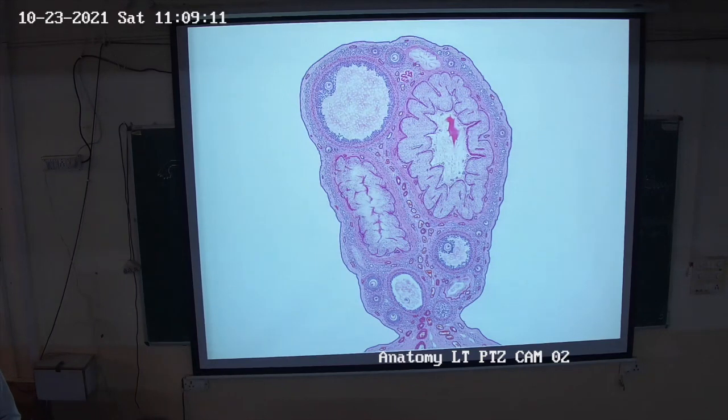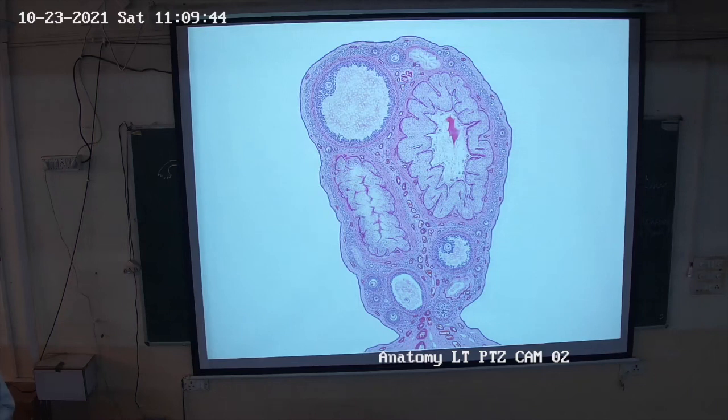Okay. So there are two ovaries. They are paired structures present on the lateral side on both sides of the uterus. They are connected to the uterus by the ligament of the ovary, and they are connected to the broad ligament by a ligament which is known as the mesovarium. Then this structure, if we take the cross section, will have an outer part which is known as cortex and the inner part that is known as medulla.